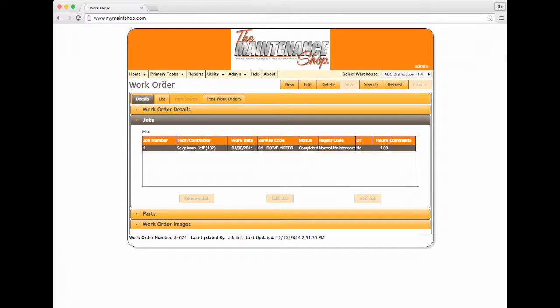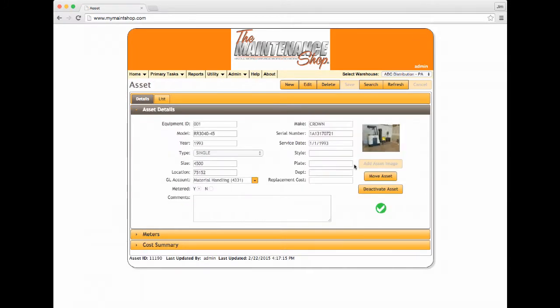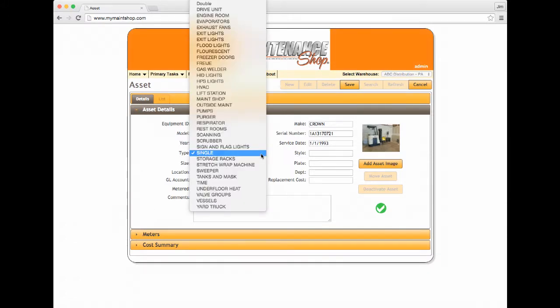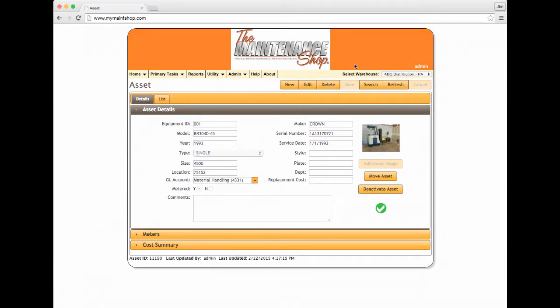We also use codes, if you'll notice, if we go over to the master tables and go to the asset master table, and if you recall from the setup of your assets, we have an asset type. And the asset type allows you to subdivide your equipment into groups. These are all codes, and these can all be found, edited, and modified from within the codes table under the